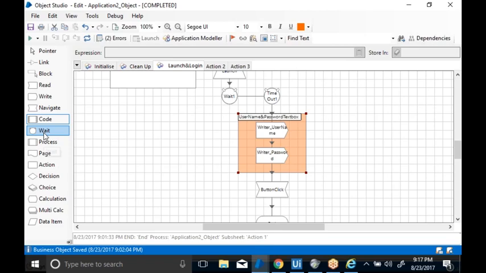Okay. Now again the wait stage. Wait stage is used to delay the time in between two stages. And again, when it comes to the wait stage, you will have two things. One is the static wait, which is what we have seen, and one more is the dynamic wait.